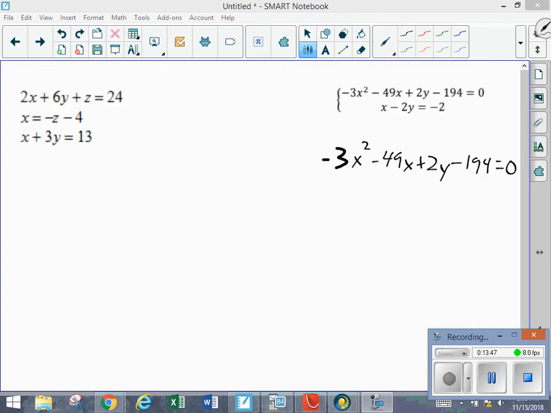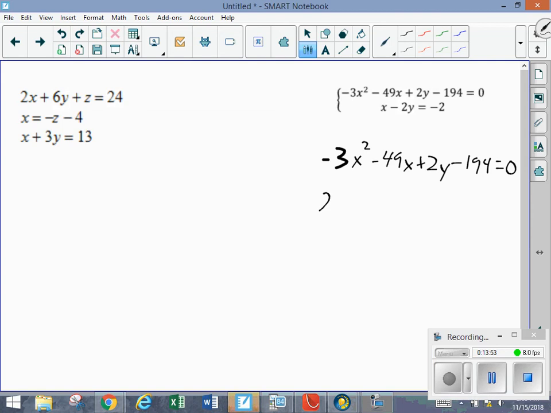I gotta solve this for y. So what I'm going to do is leave the 2y over here on the left, and move everything else over to the right. So that's going to be 2y equals positive 3x squared plus 49x plus